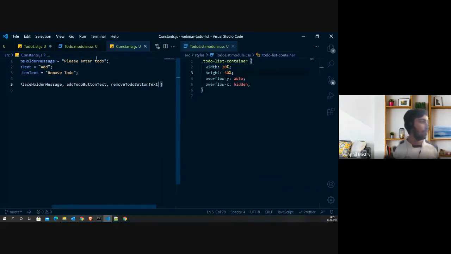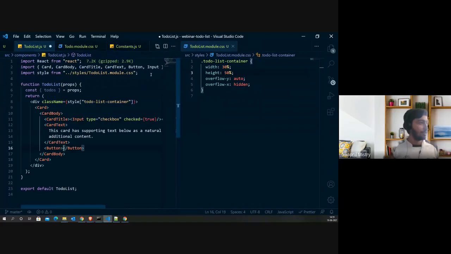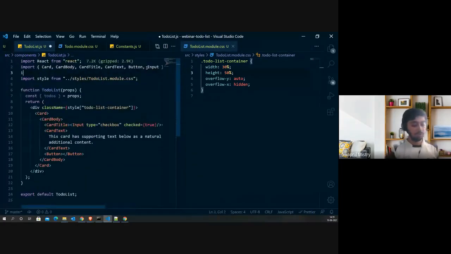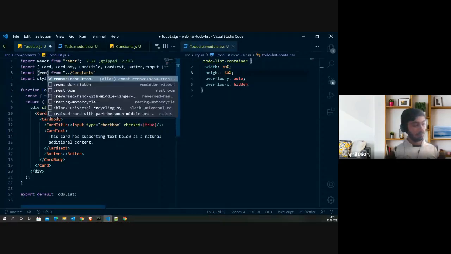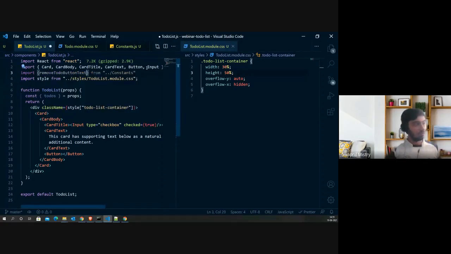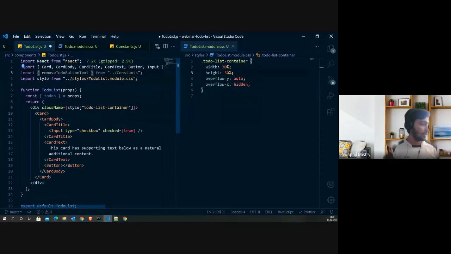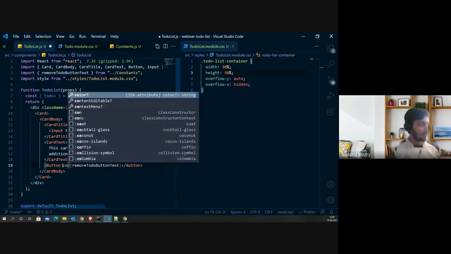Okay, good. Now I will import it over here, from constants, and I want to import removeToDoButtonText. Okay, over here we will add removeToDoButtonText, and the color.